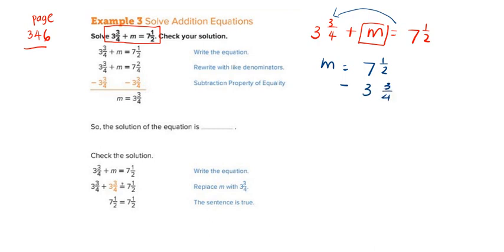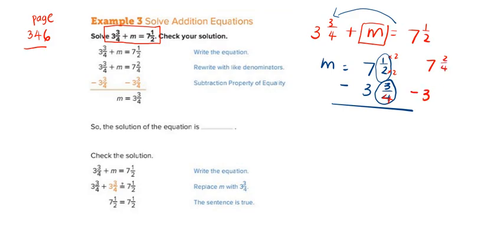Now remember, we cannot subtract fractions or add fractions if the denominator is not the same. So we have to make the denominator the same. If this is 4, we know 2 can become 4 by multiplying it by 2. So this actually becomes 7 2/4